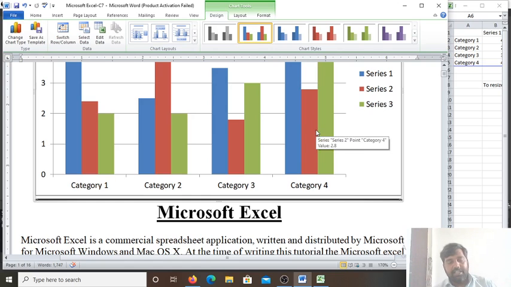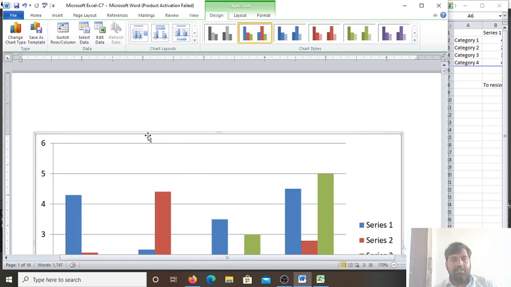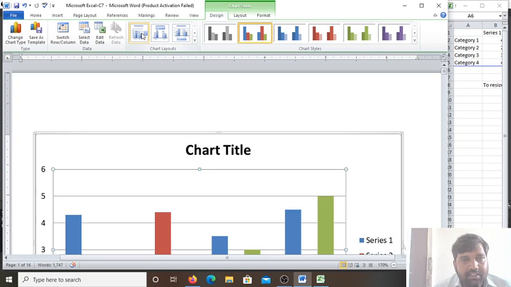Chart title describes the aim and contents of the chart. So here at the top we write the chart title. Here chart title is not included, that we have to include within the chart if we want to include the chart title. So many formats are there. These are different chart layouts. You can see layout 1, layout 2, any layout you can select, and there you find the chart title.